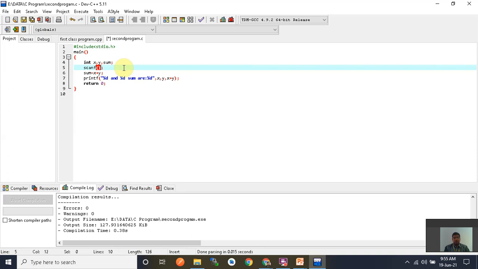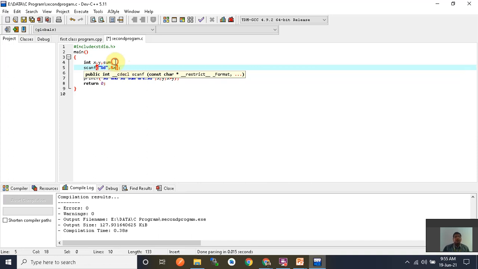After that you want to read any integer value, then you use the %d, and here you place the comma and you use the &, which means show address of. It sends the data, reads the data from the output window and sends it to this address, and the address you write is x.